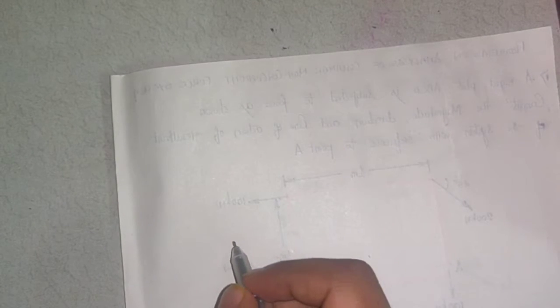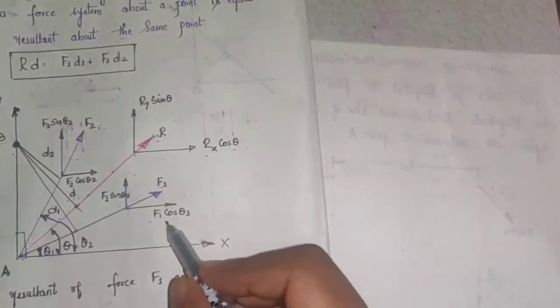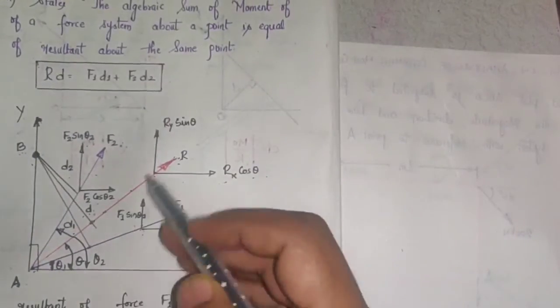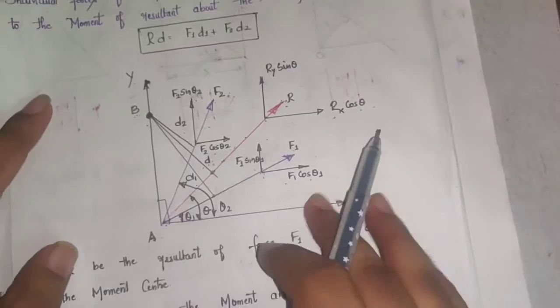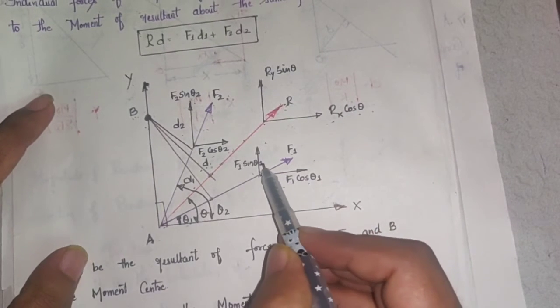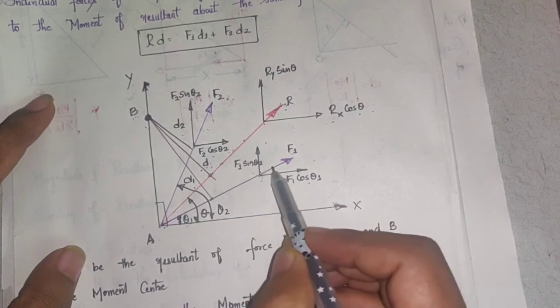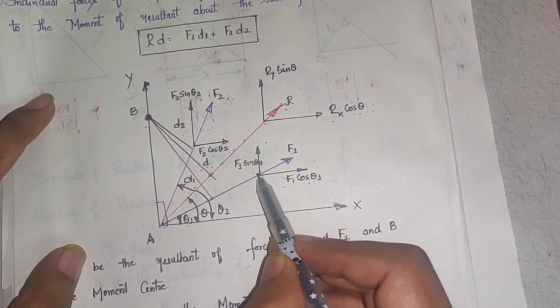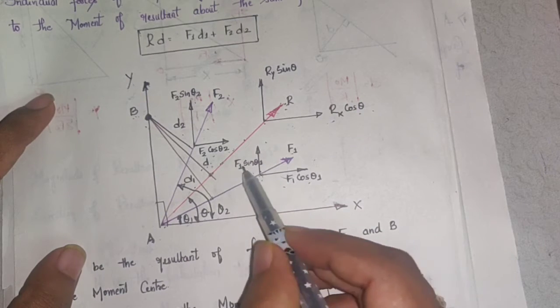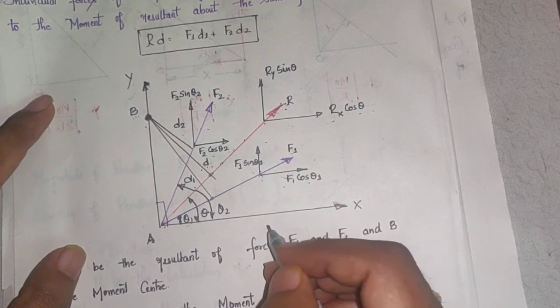So forces F1 and F2 are having what? They are having the components F1 cos theta 1, see here, F1 cos theta 1 and F2 cos theta 2. Now from the picture you see here, where should I place these two components such that one of the two components will be equal to 0? I will show you here.